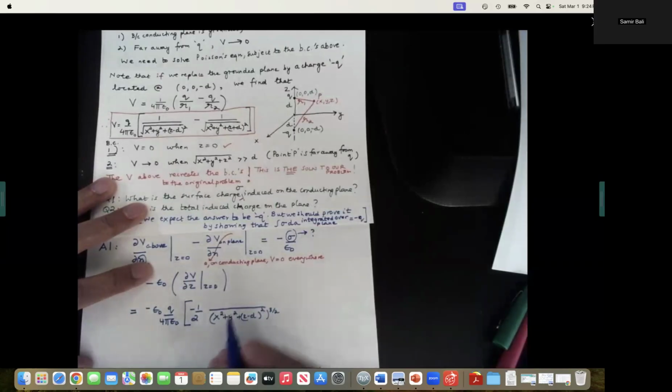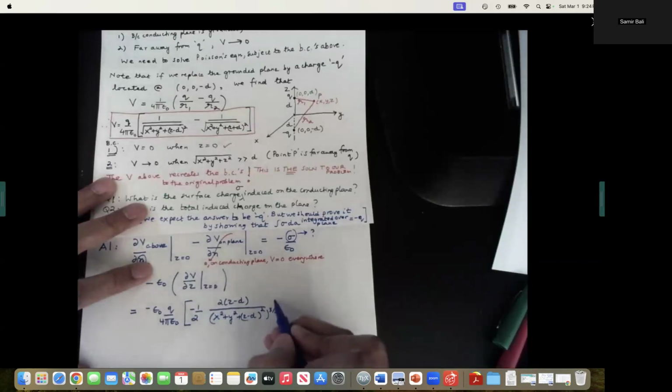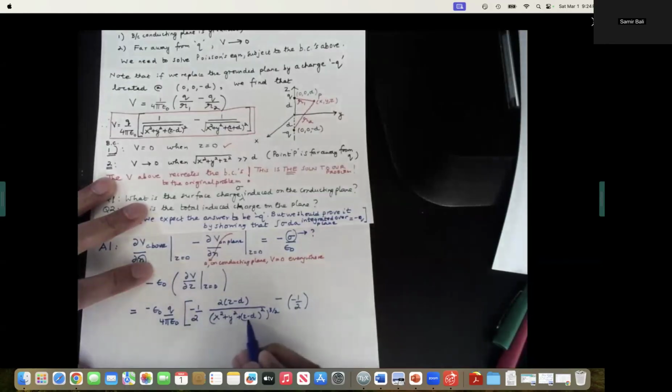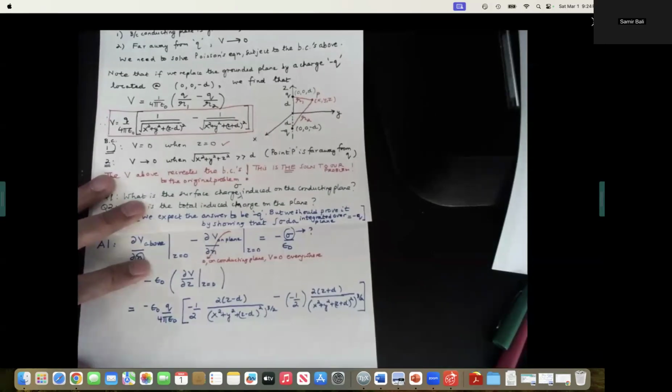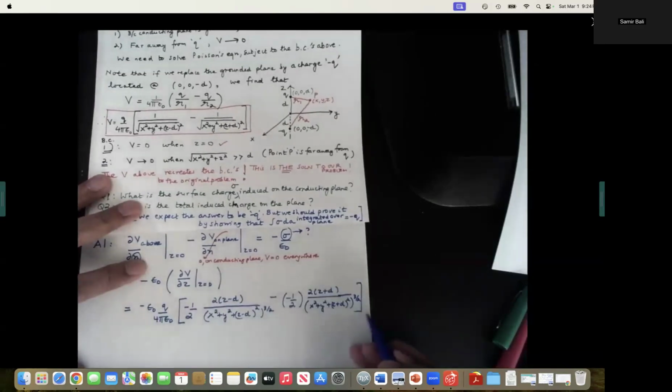And then you have to go inside the argument and take the derivative there with respect to z. So you get that. Same on the other side. So first negative, and then I get another negative. It's the same as this, except replace the minus d with a plus d, right? Okay. And of course, this has to be evaluated